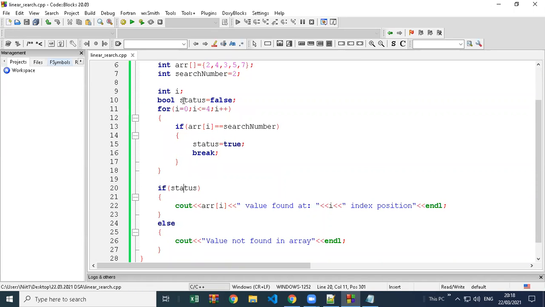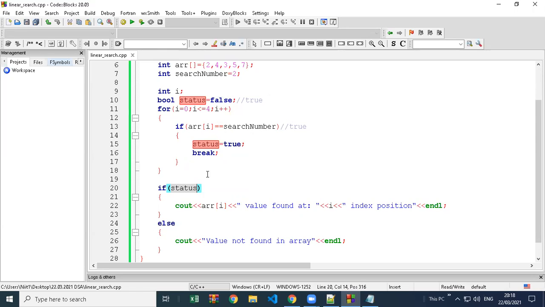See, tell me what the status value is. Okay, when I search number 2, go line by line. Search number is 2. Okay, status value, remember, is false. So track the value of status, it is false. Now what is arr of 0? The first element, 2. And what are we searching for? 2. So we found it, true. Now the status value changed from false to true. Its value is true now. Correct? Yes, remember the status value.